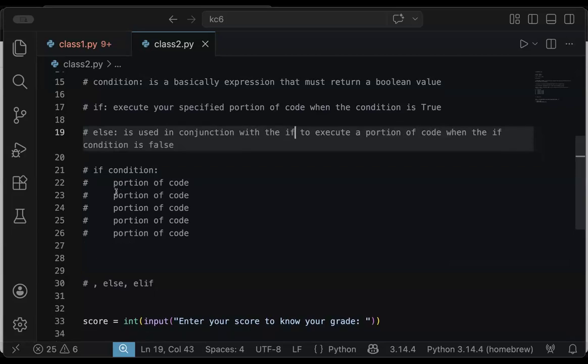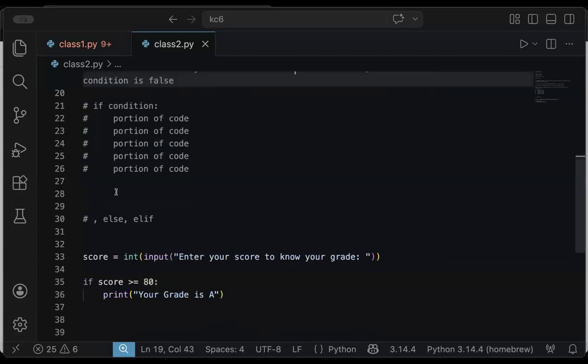So how do we now use this? Since else cannot be used alone, it means that we have an if statement, and then you attach your else. So how do you attach